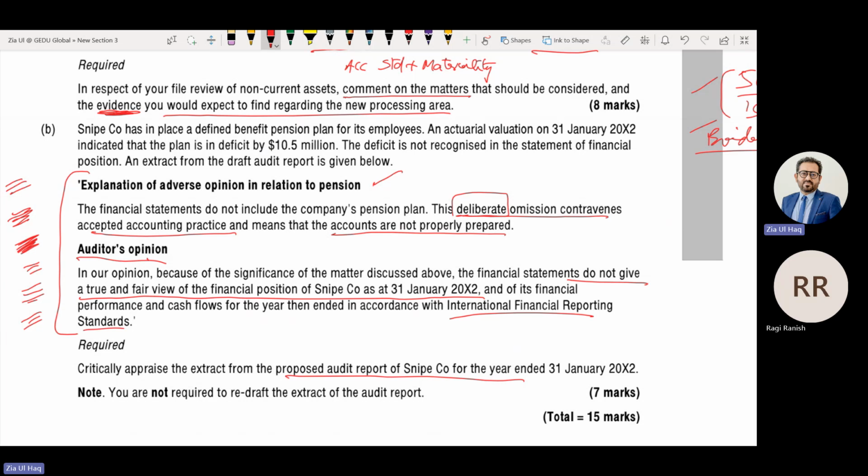So we can answer in 7 points. 3 points on this heading, then the accounting standard is not mentioned, the effect on financial statements is not mentioned, justification of materiality and pervasiveness is not mentioned, and the heading of this paragraph is wrong, and there must be a qualified opinion rather than adverse. 7 marks. We are adopting an approach of how to answer according to the marks.